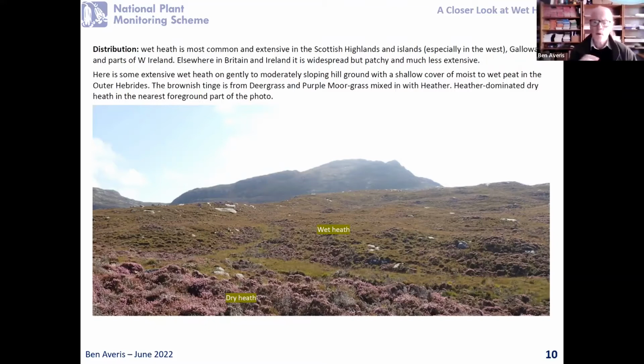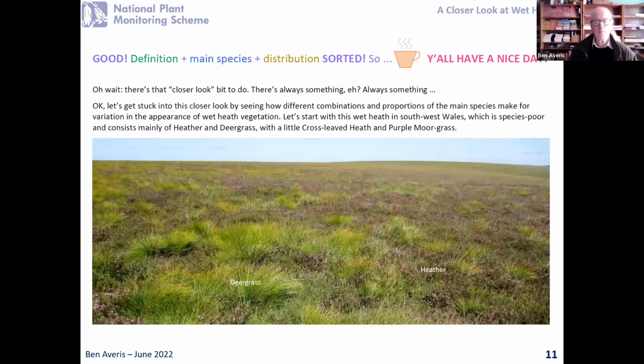typical Outer Hebridean landscape. In fact, through much of the far west Highlands of Scotland and the Hebrides as well, wet heath is about the single most extensive type of semi-natural vegetation, hugely extensive, mostly on gentle slopes like we're seeing here. Sometimes we see it on flatter ground, especially where it's mixed in with bogs, and also getting onto some quite steeper slopes. And we'll see some steeper ones a bit later on, actually. Okay, next picture